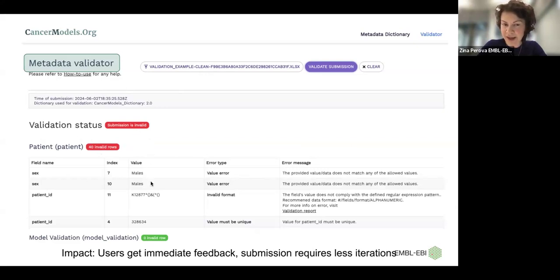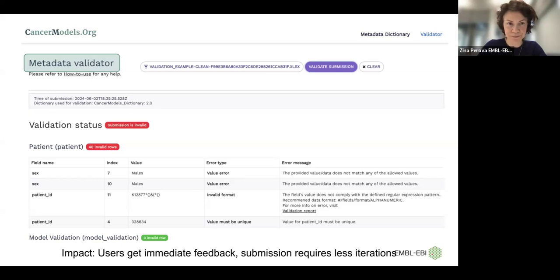In case of an invalid submission, such as shown in this slide here, you can see clearly the field name, the type of error, and also the error message. So the users who try to submit the models get immediate feedback, and the submission process requires fewer iterations, making